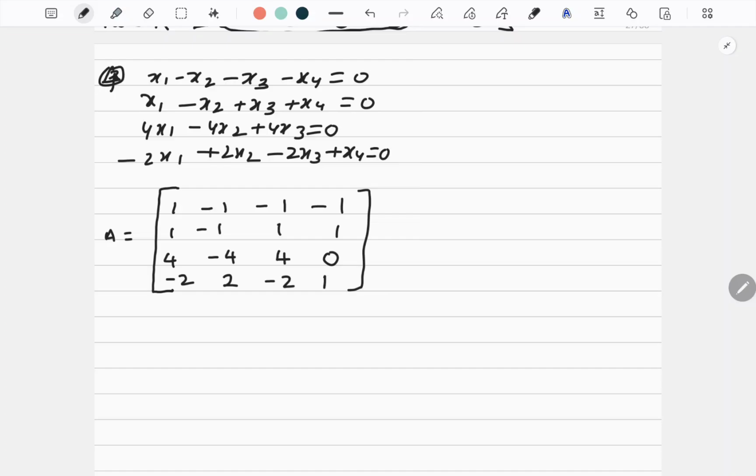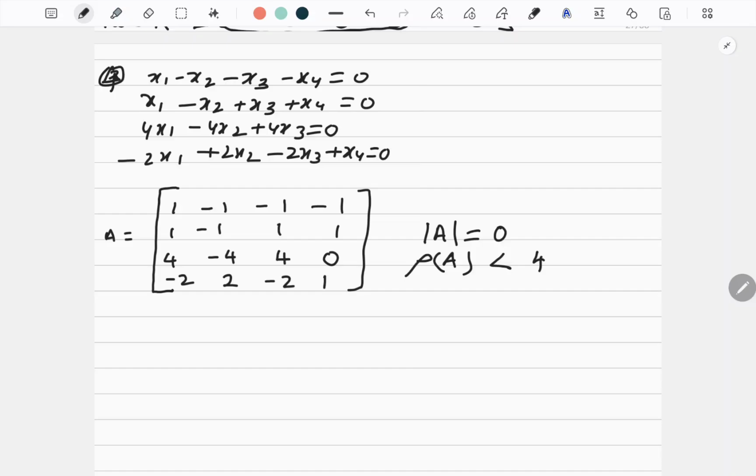So make a matrix. Now if you find the determinant of this matrix, it is equal to 0. How will you find the determinant? Use your calculator. If you don't know how to do a 4 cross 4 matrix, please see the video I have uploaded on using the calculator to find the determinant value. The moment I say that the determinant of A is 0, it means the rank of A is less than 4, where 4 is the number of unknowns. So the rank of A can be 3, 2, or 1.